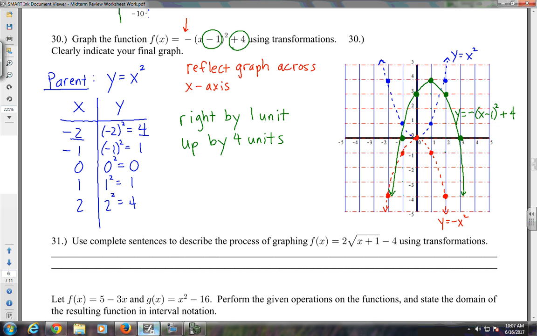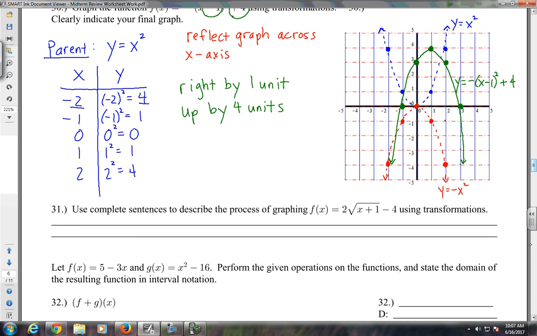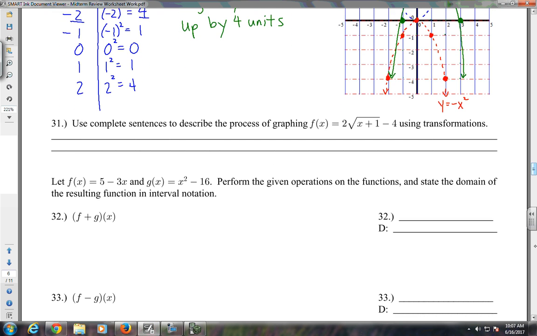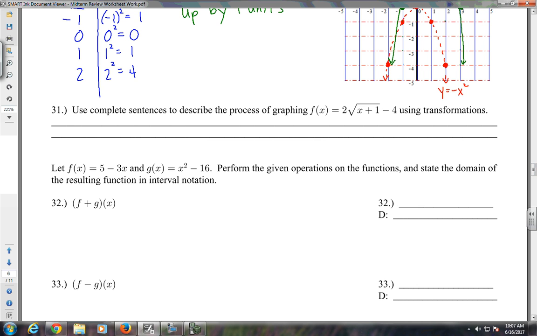Next question, use complete sentences to describe the process of graphing f of x equals 2 square root of x plus 1 minus 4 using transformations. It's a similar process to what we were just examining on problem 30. We just have to describe our steps as opposed to actually graphing them. So the first thing we do is identify the parent function. So the first thing we want to do is graph the parent function,